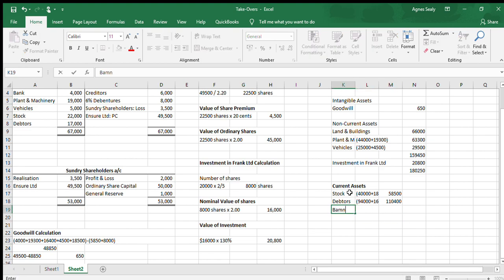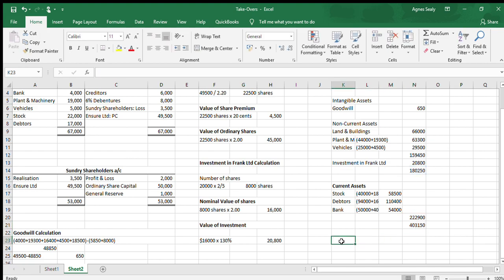Then we have our bank, which is $50,000 plus our $4,000, which is $54,000. And then that gives us our total current assets of $222,900. So then our total assets would be this plus our current